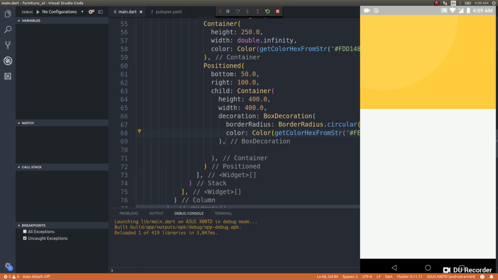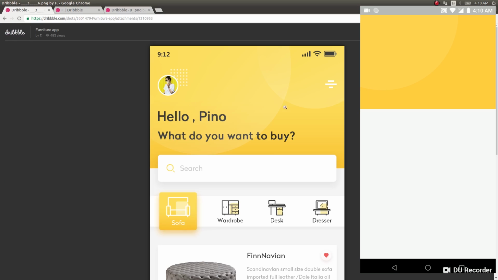Wow, you can see that we have a nice bubble here. The entire circle is not visible because of the positioning that we have done here. Okay, but we can see that only the lower arc of that particular circle is visible, just like it was on our design spec. Now we need this bubble as well, so let's go ahead and do that in a